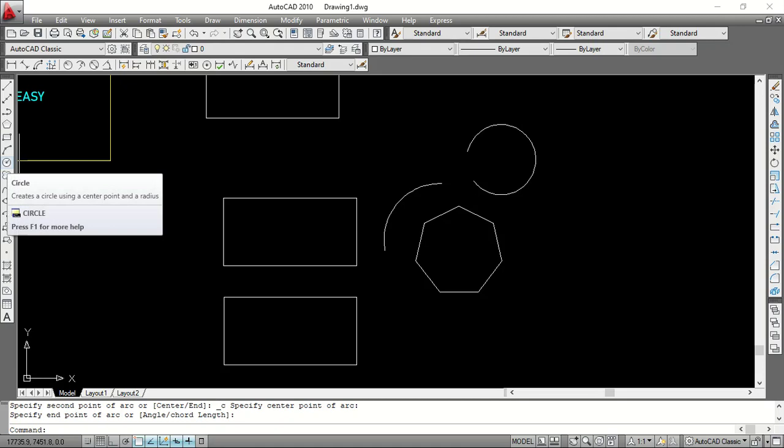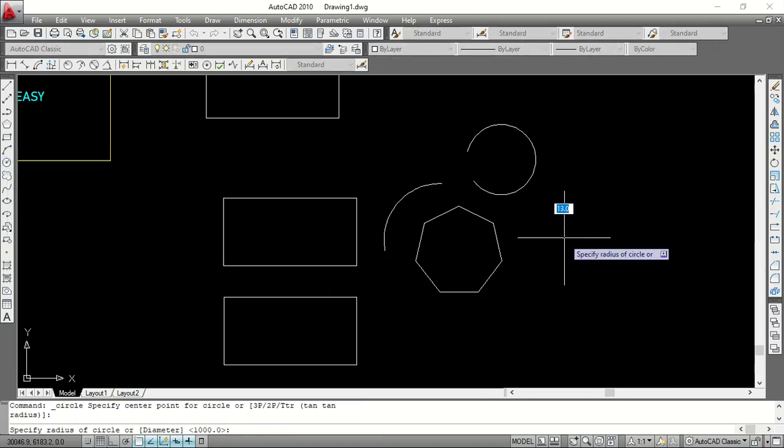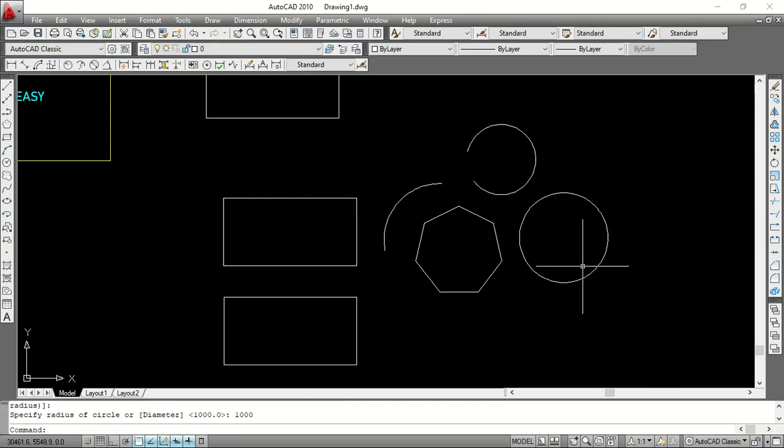Then we have circle. I want to draw a circle. I click on it. First, I establish the center of my circle. And the next thing is I have to establish the radius of the circle. 1000 for my radius. That will be 2000 for diameter. All right,